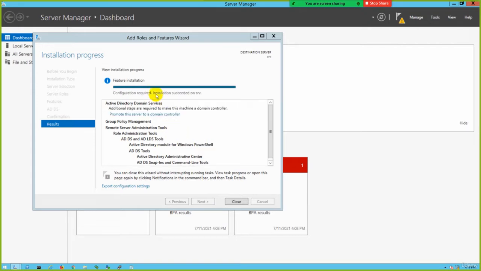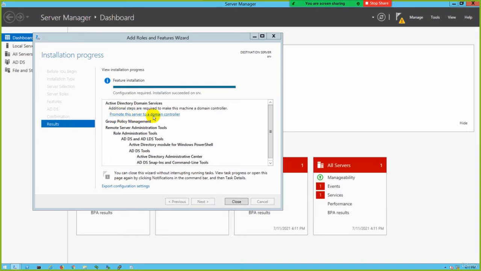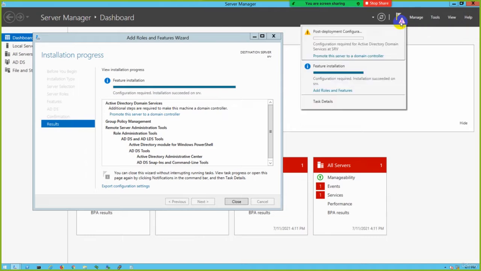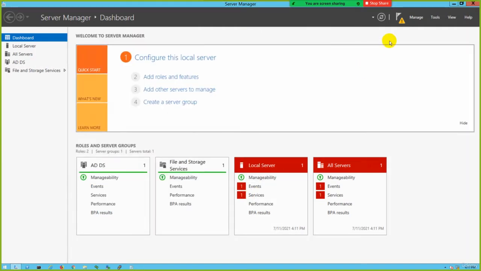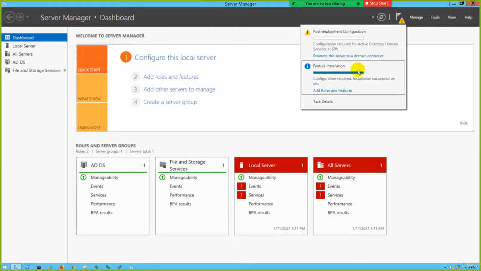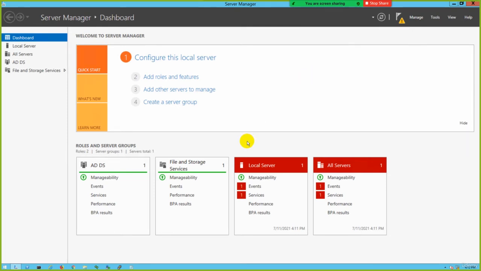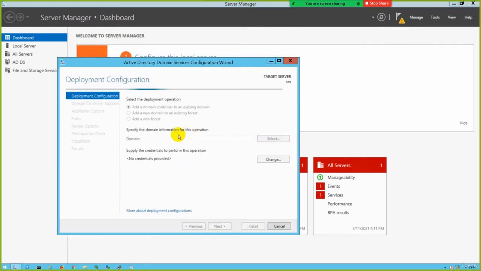Yeah, it's come up now. So it's installed. You see, promote this server to a domain controller, and there is a yellow triangle notification as well. Here the same thing, promote this server to a domain controller. It's up to you. Maybe by mistake you close this window, so it's okay, no issue. You can come anytime to this notification and click here, promote this server to a domain controller. So when you click on that one,